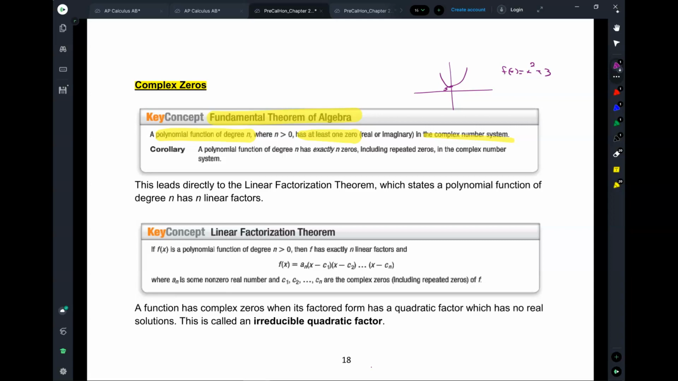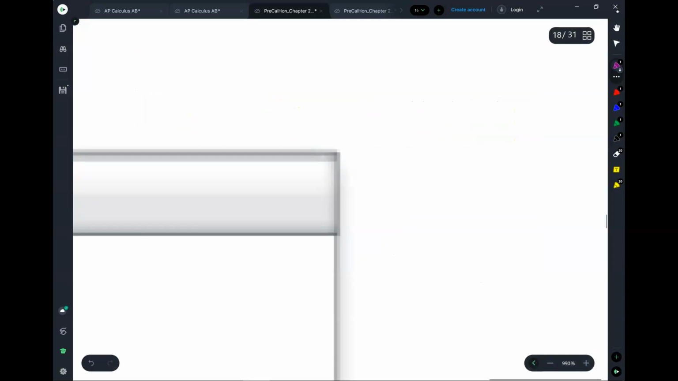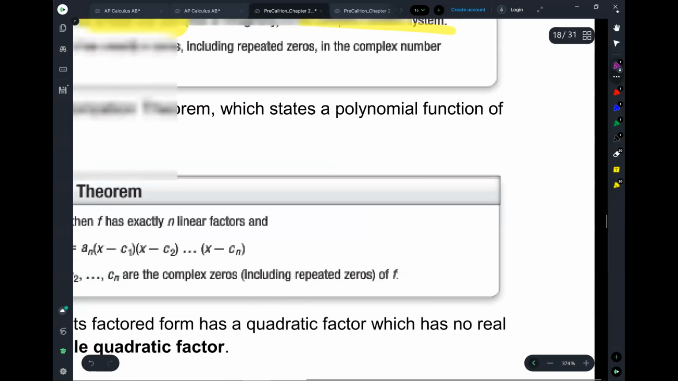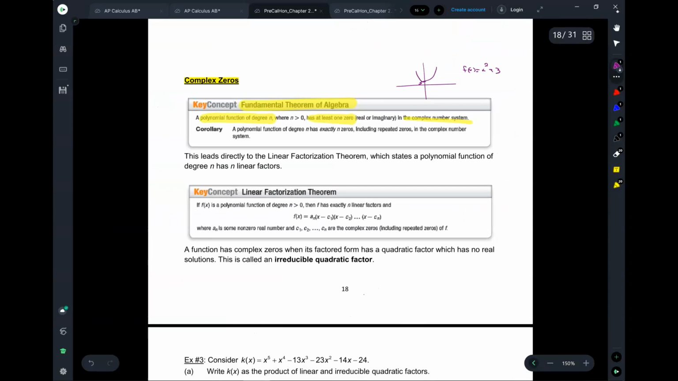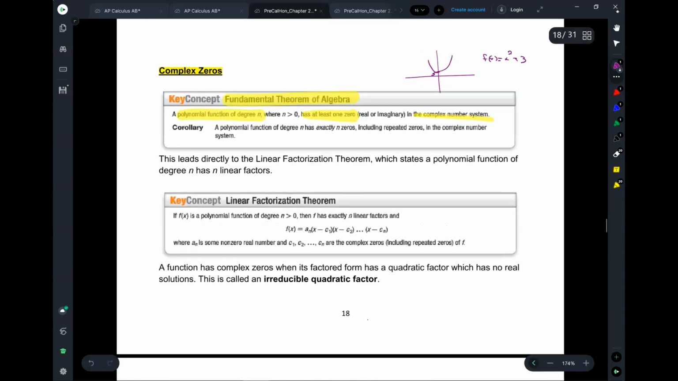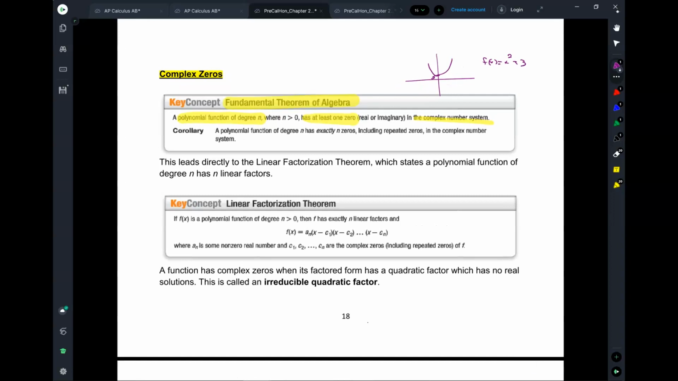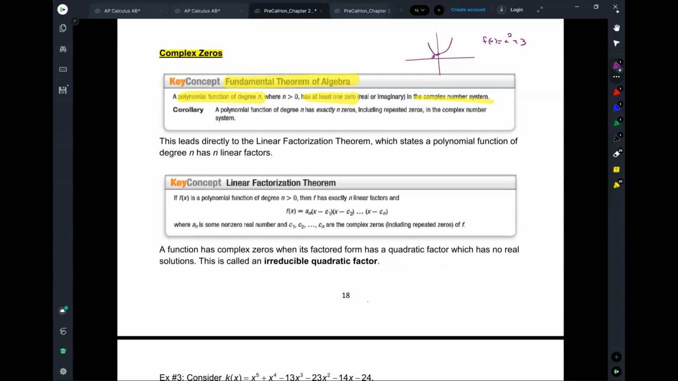It has no zeros. But you know what? That's not the case. The fundamental theorem of algebra says every single function has to have at least one zero. So in this case, it might not have a real zero because it doesn't cross the x-axis, but it definitely can have imaginary zeros, okay? All right. So if that's the case, if every single function has to have at least one zero, that means